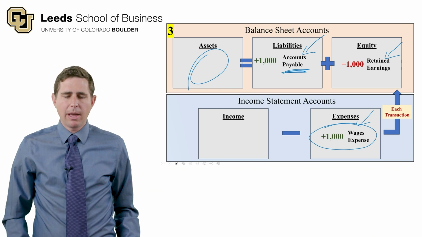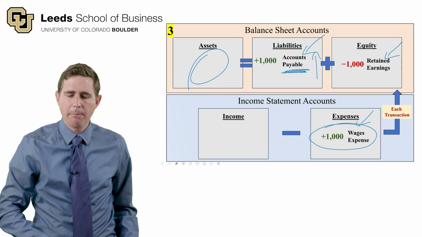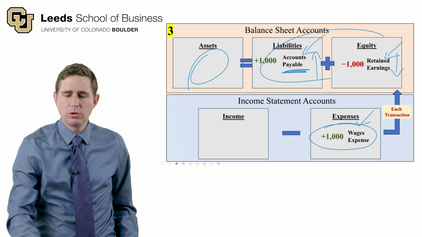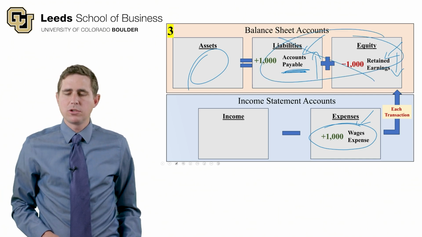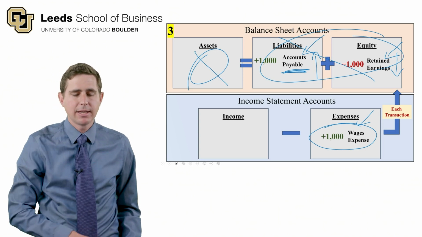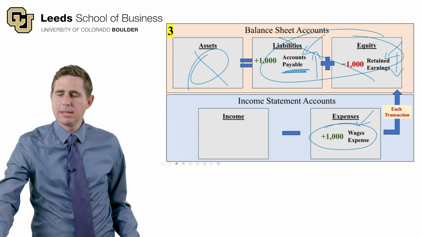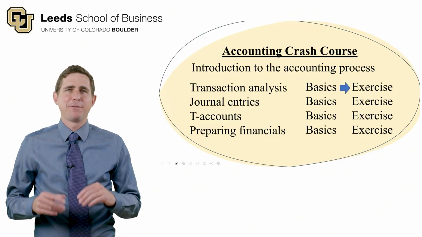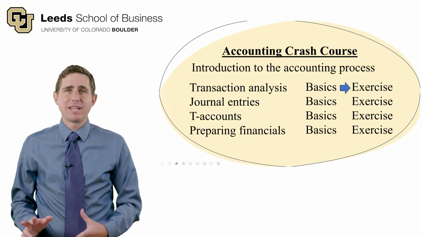Is our balance sheet in balance? Yeah, because our liabilities went up by 1,000, our equity went down by 1,000. So these two effects cancel out. There's no effect on liabilities plus equity, and there's no effect on assets, and so our balance sheet remains in balance. So those are just some examples of transaction analysis, and we're going to do more examples in the next